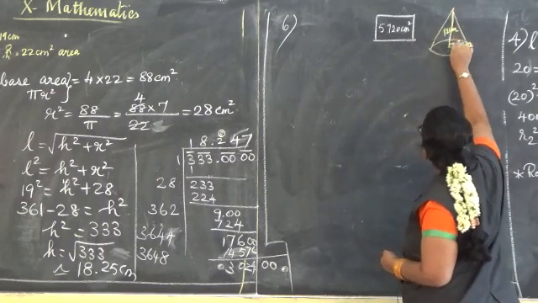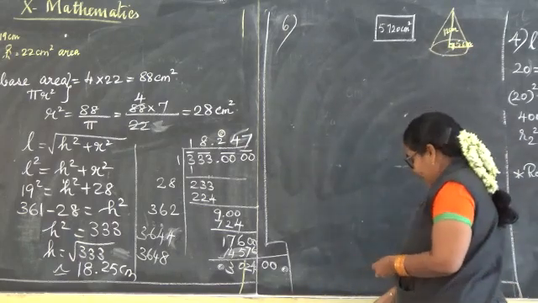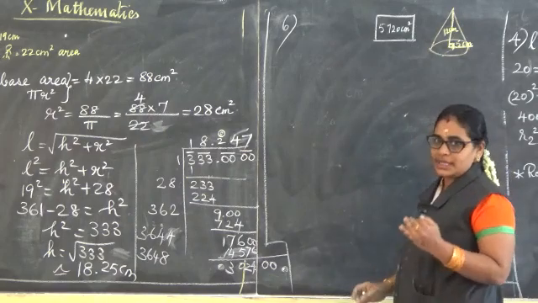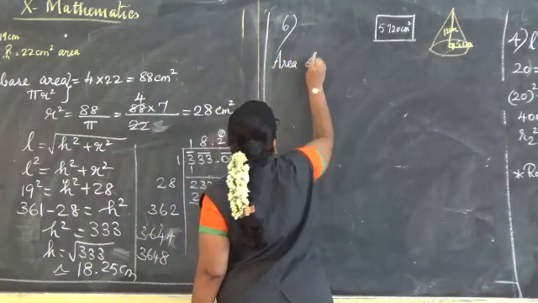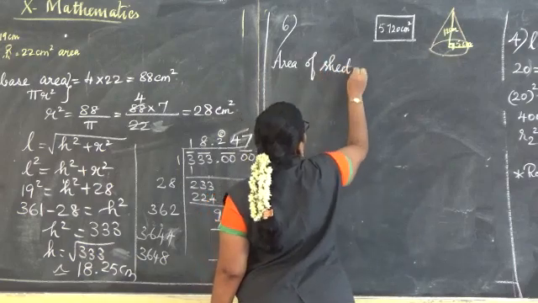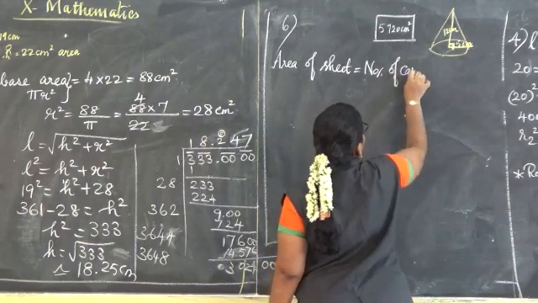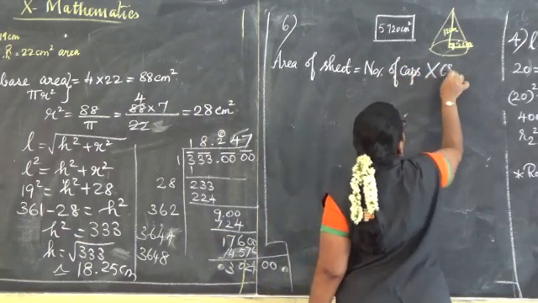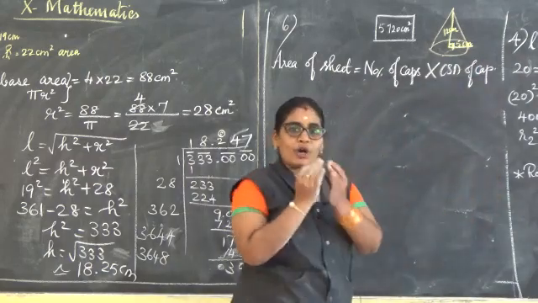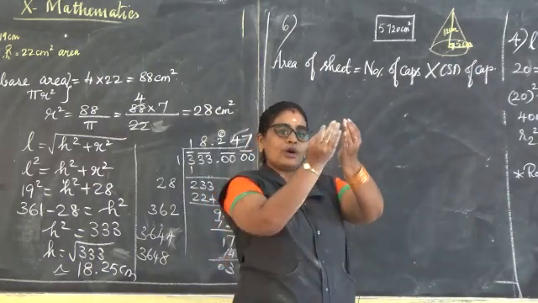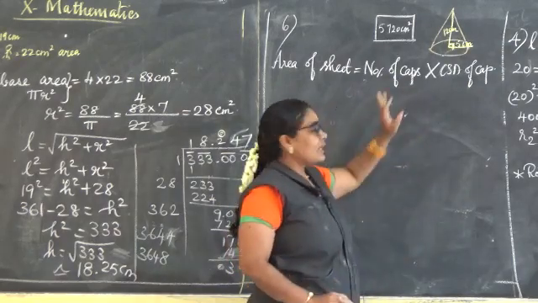This is your right angle symbol. So 12 centimeter. Now they are asking how many caps she can prepare using this. So how to write this? Area of the sheet is equal to number of caps into CSA of a cap. Because for one cap, we need only the outer part, so it will be curved surface area only, into the number of caps.